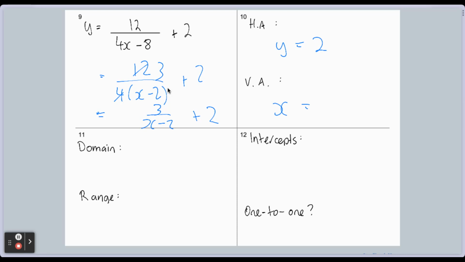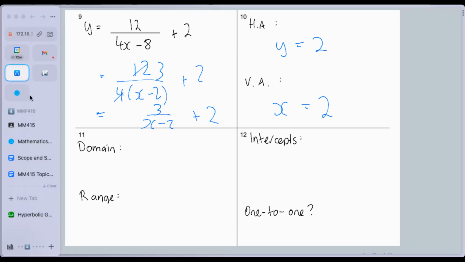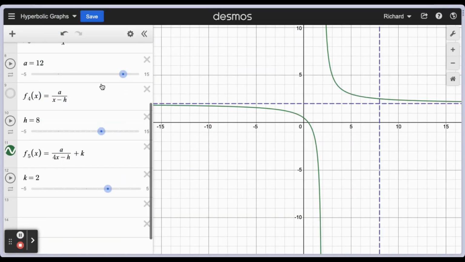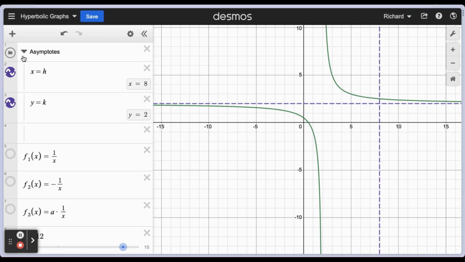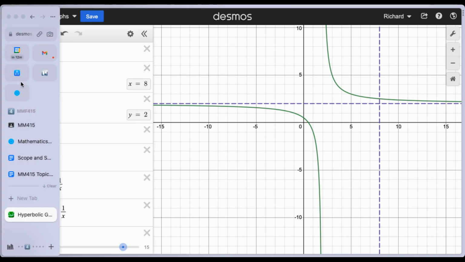X equals 2, yep. So we can use our values of h and k in order to denote what the asymptotes are. I accidentally picked the same asymptotes here, but again, just to scroll to the top here, the asymptotes are x equals h, y equals k. So all we do is identify the h and the k, just like we've done in other